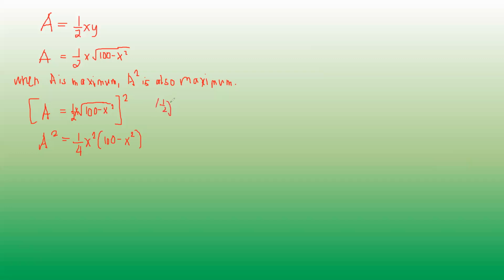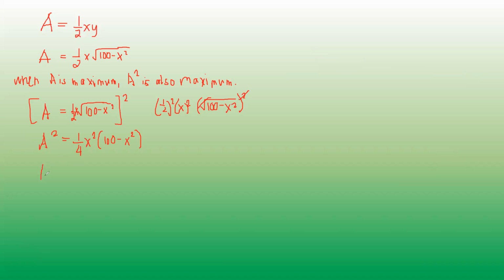1/2 squared. X square mo din. Square root of 100 minus x squared. Square din natin yan. We will arrive at 1/2 squared is 1 squared is 1, 2 squared is 4, so 1/4. X squared. Ito cancel si radical, kaya 100 minus x squared. Pag inayos pa natin,